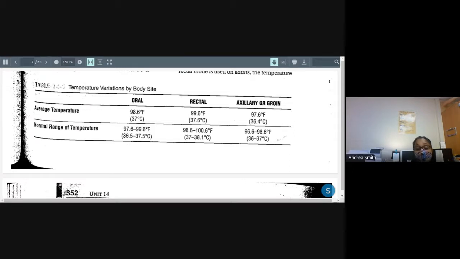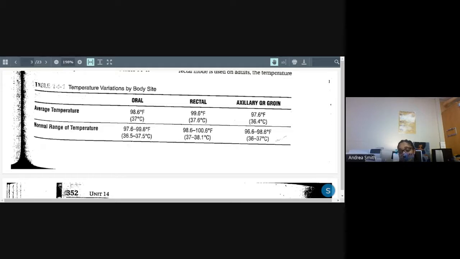The most accurate temperature is rectal. And the least accurate is axillary or groin. However,